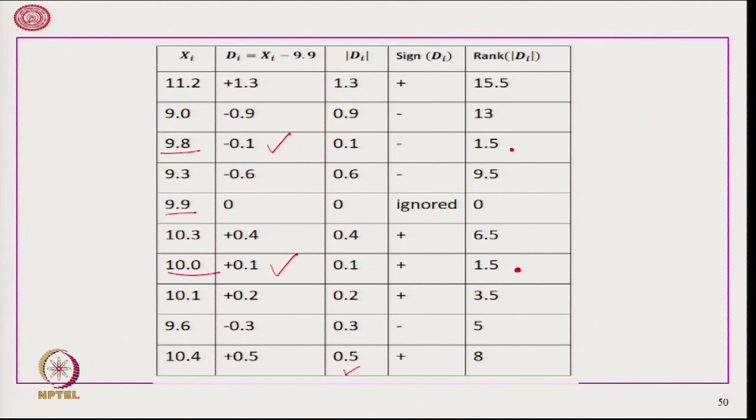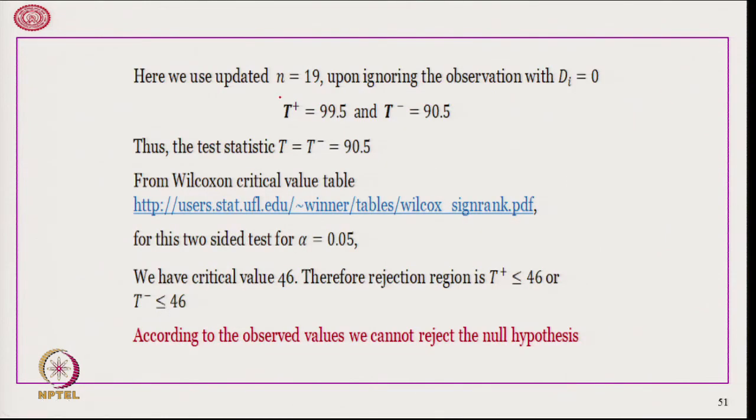Similarly, if one observed value is 9.9, which is equal to the m naught, in that case we are ignoring this and giving it a value 0. So, that observation will have to go out of my consideration. Therefore, we will be working with only 19 observations. The updated value of n is equal to 19. Now, we calculate the sum of ranks for the positive ones, which is 99.5, and the sum of ranks of the negative ones, which is 90.5. Typically we take the minimum of these. So, in this case the test statistic t is equal to